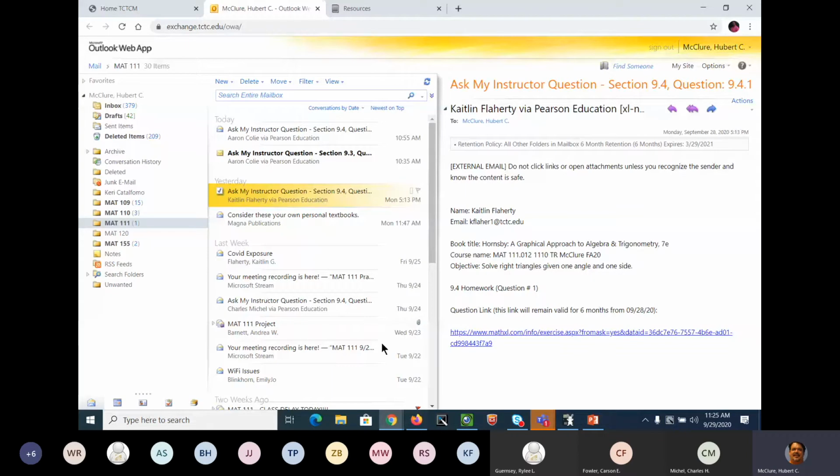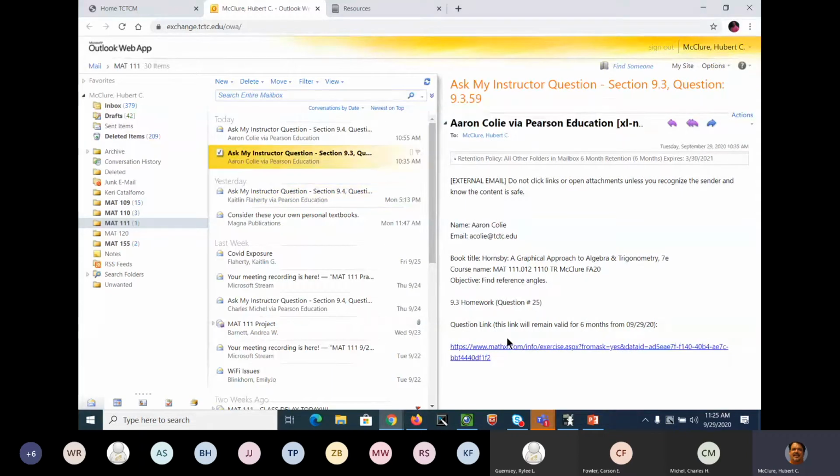I got a 9.3 here. 9.3. Do we know yet when our test will be? We haven't got to 9.5 yet. When do we start worrying about a test? When we get to the last section on the outline. Okay, 9.3, and you're going to have two tests. You're going to have the unit one review test, and you're going to have the unit one test. So you're going to have two to chew on. All right, 9.3, 25,